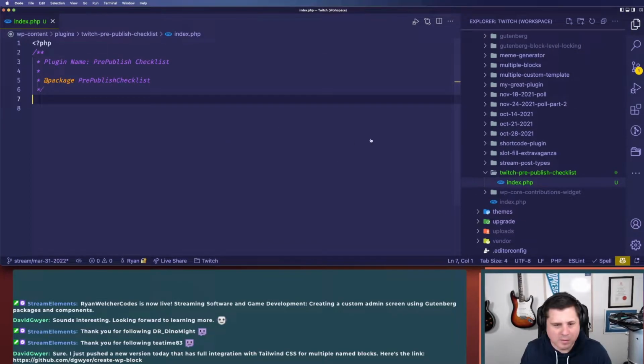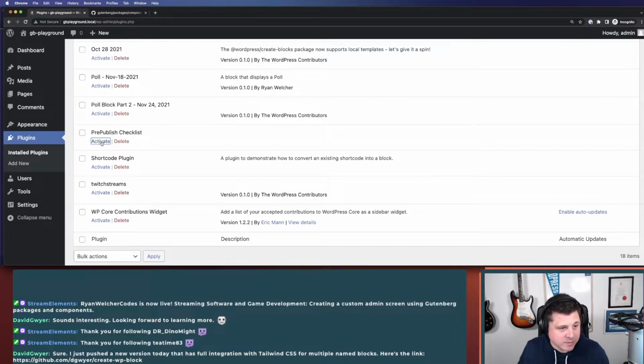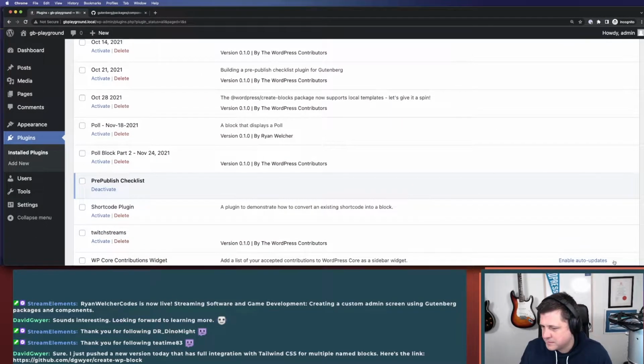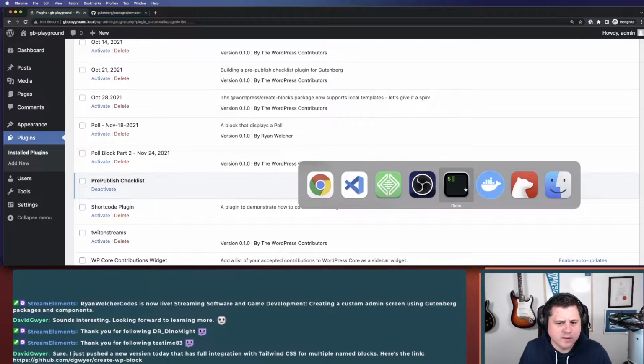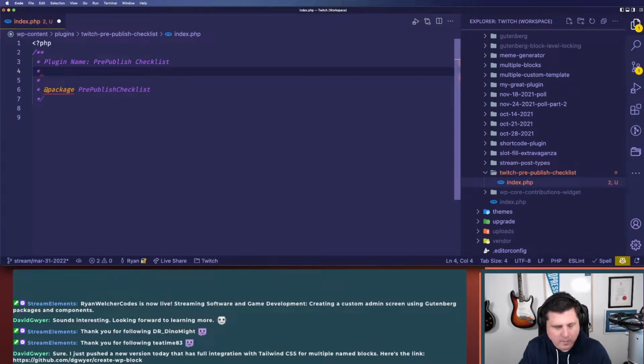I'm just going to come back here, get rid of this, and do this. Why is my thing way over there? So I'm going to refresh this. There we go. So we're going to activate this. So we got that plugin activated. It does nothing. Absolutely nothing. I'm going to get my windows up over here. And what am I doing? Right, this thing. So I'm going to add a description,